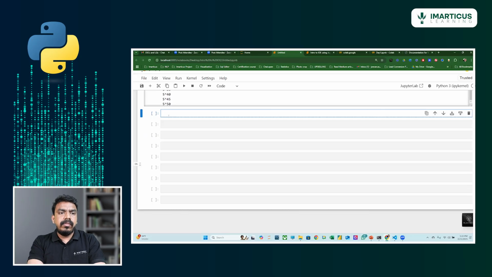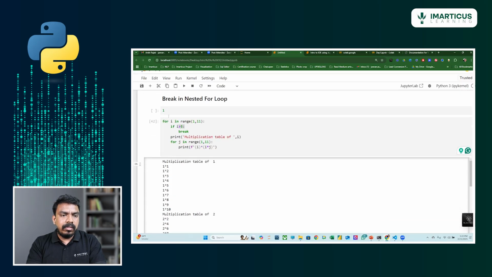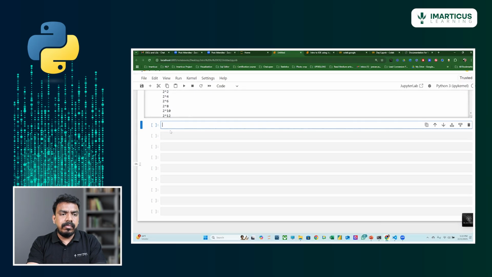So here we are dealing with numerical data. If you want to deal with categorical data, let me explain how the for loop works. Consider there is information such as student details in a list, or else consider there is a sentence over here stating that I am Jeevan Raj, I work at Imarticus Learning, right? So this is your entire sentence.